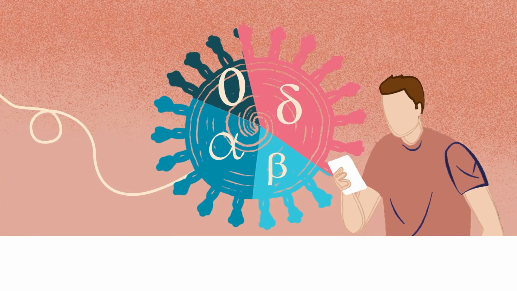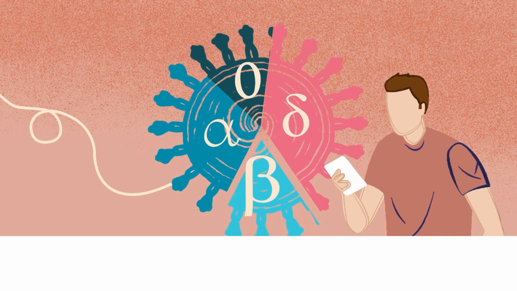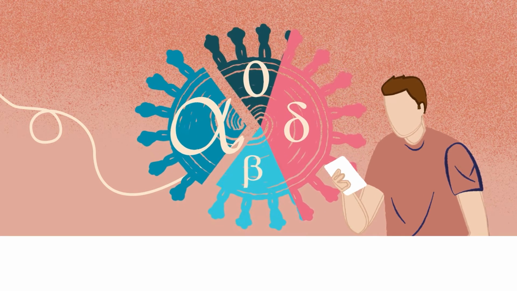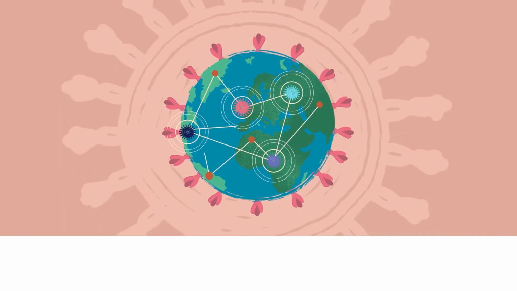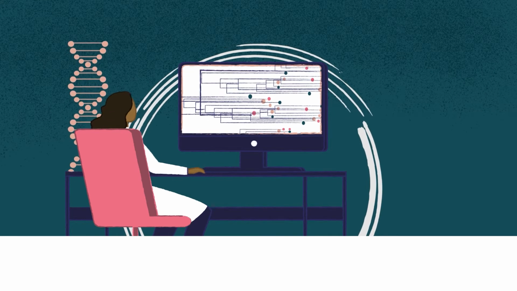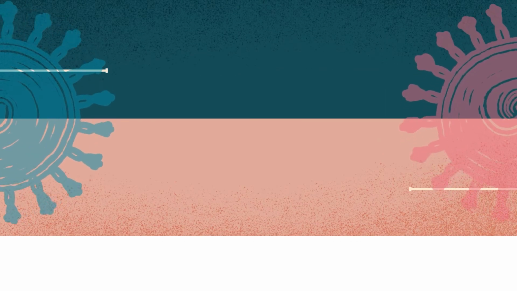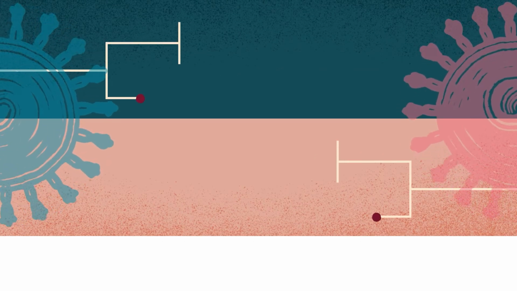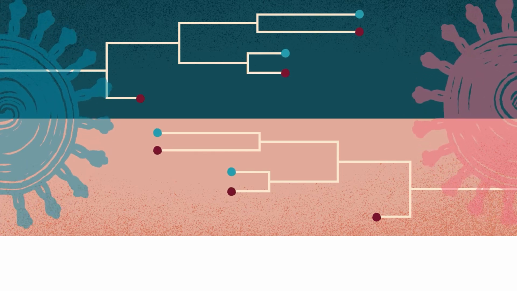We've all become aware of the coronavirus variants that cause COVID-19. So how do we know when a new variant has emerged? There has been a huge global effort to detect and track these variants. Using a technique called whole genome sequencing, scientists can find new variants by looking at the genetic code of a virus sample taken from a diagnosed patient and compare this to viral samples from other cases to see if there